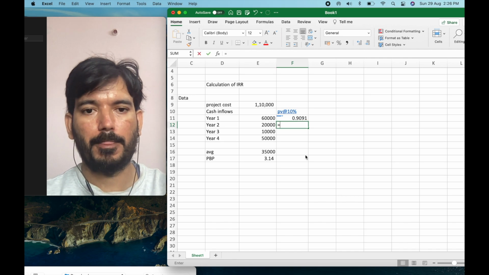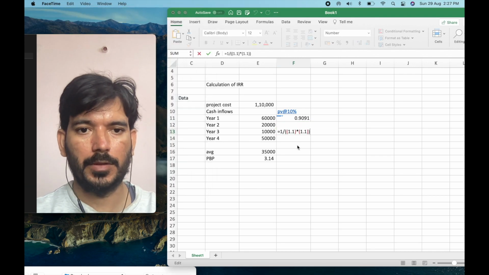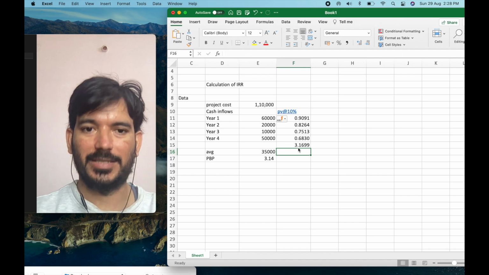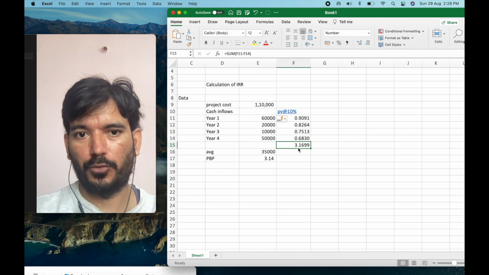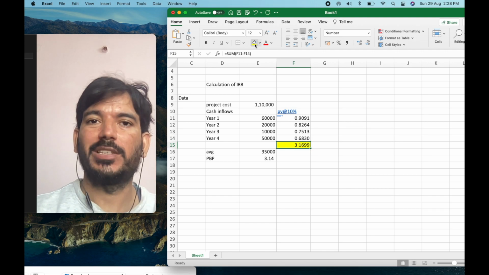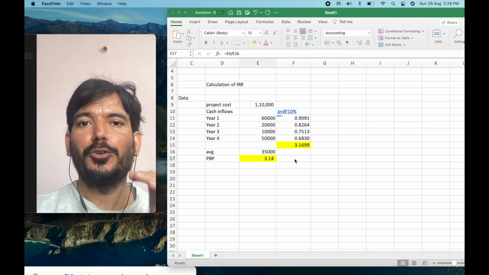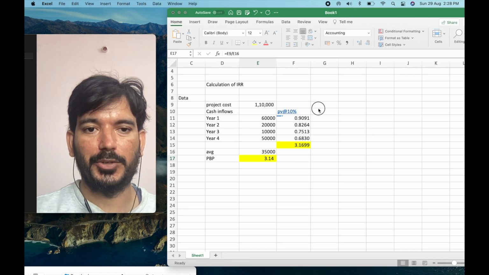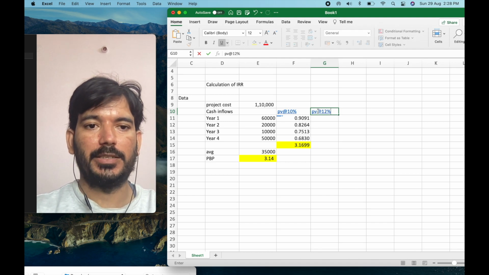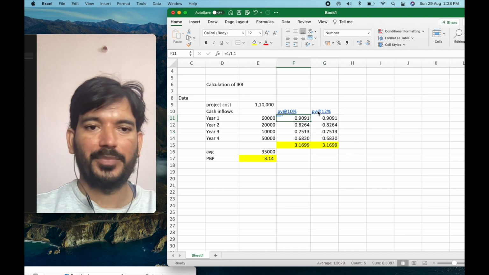Just observe me. So this is 3.1699, but we needed 3.14. Understand this point. When we are discounting at 10%, we are getting 3.1699, but what we needed was 3.14, which means we need to discount it at a higher rate. So I'm going to the next one. We take the present value at the rate of 12%. I'll do the same thing. I'm just copy pasting the formula so that we don't waste time.